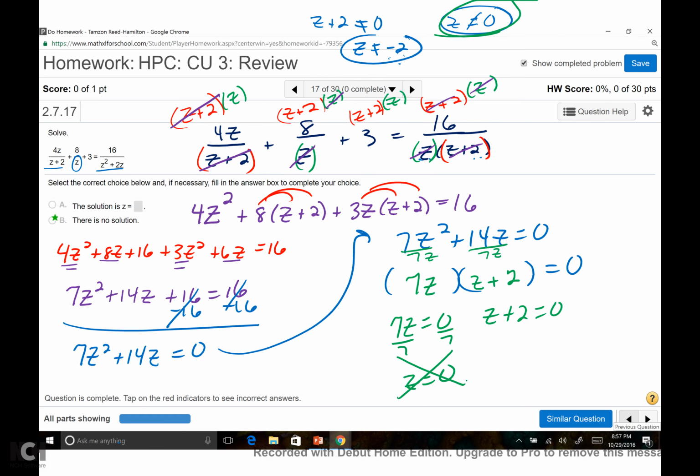Alright, it says the two possible solutions to the equation f of x equals 0 are listed. Use the given graph of y equals f of x to decide which, if any, are extraneous. x equals negative 5 or x equals negative 4. When you're doing this, you go look at the graph. If I go to negative 5, is there a point on the graph above it? Yeah? So that's a solution. Okay, and then negative 4,